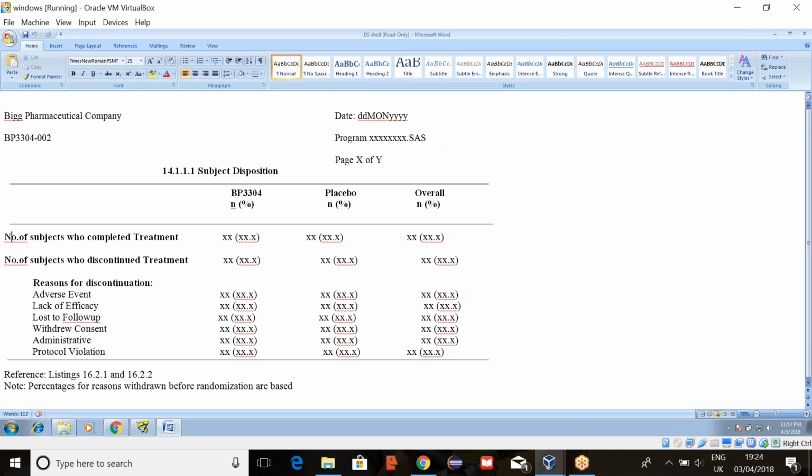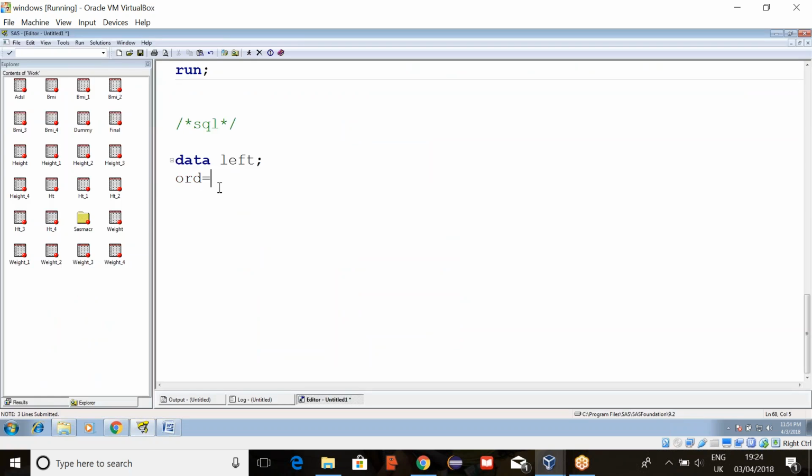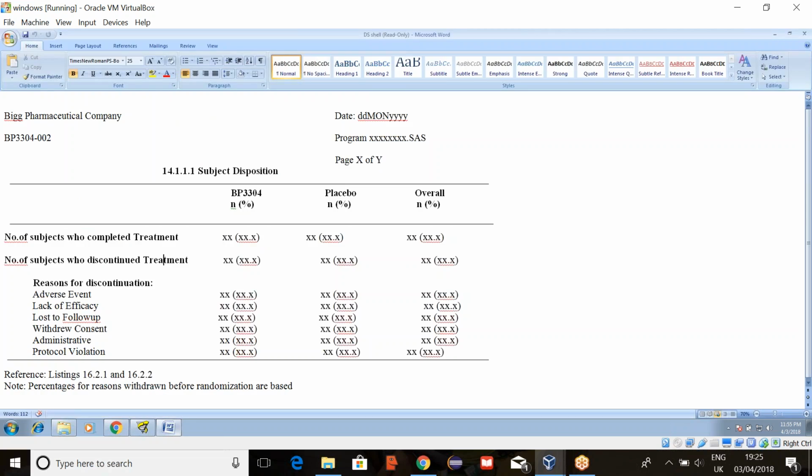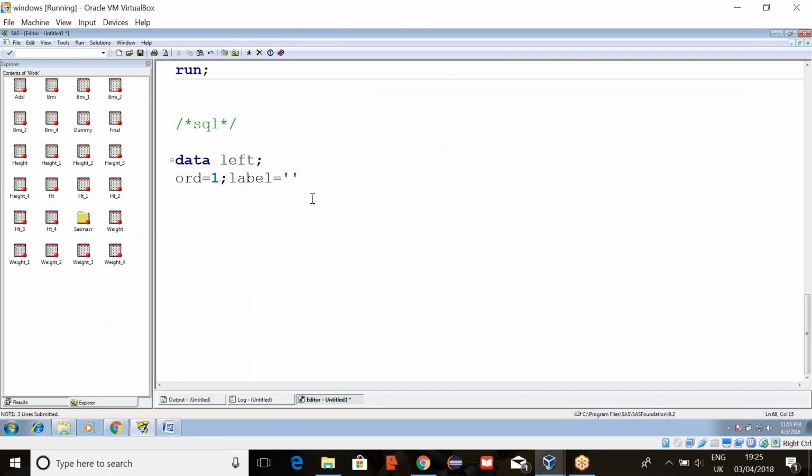Or else how do you know whether you are merging correctly or not, number of subjects who completed and discontinued. So we have to create the same new variables at both the parts, the left hand side and right hand side. So order equals to 1 and label equals to number of subjects who completed treatment. And then output.